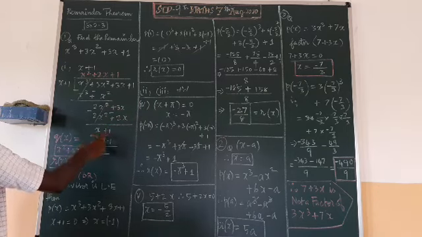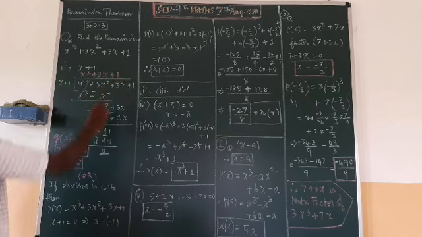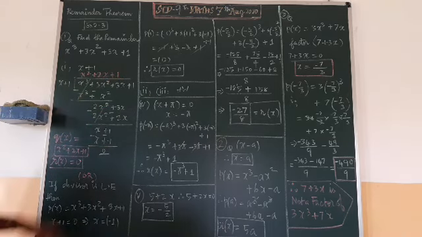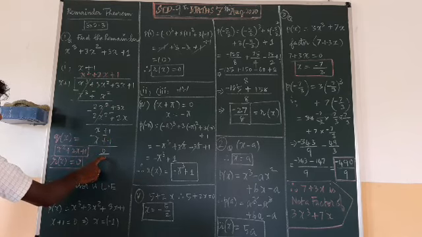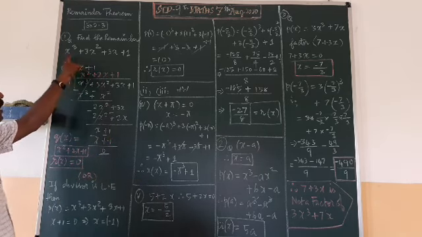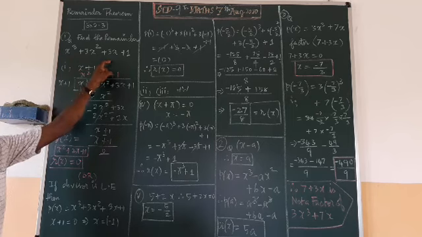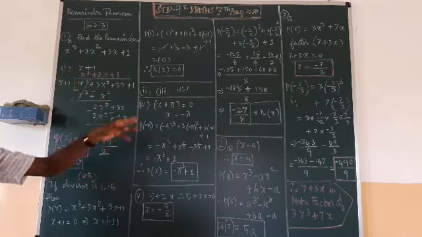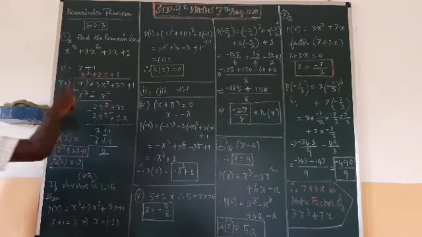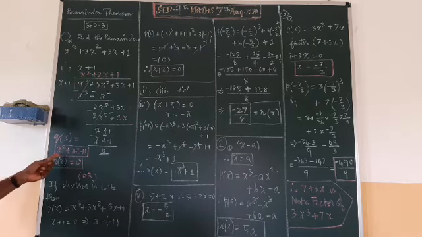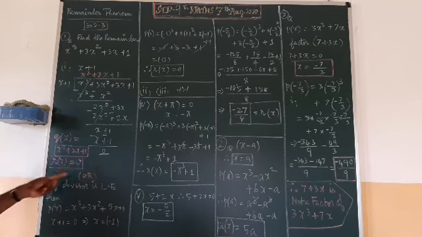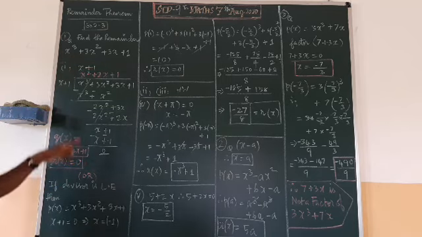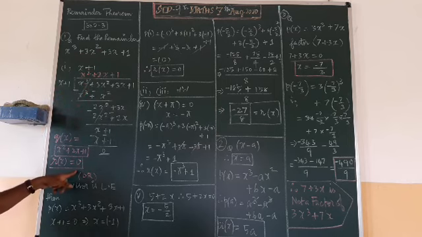Then you see x plus 1, here also x plus 1. So how many times do you have to multiply? Only one time. 1 into x, 1 into 1, 1. So if you subtract, you are getting 0. So when you divide x cube plus 3x square plus 3x plus 1 by x plus 1, a linear polynomial because the degree is 1, you are getting quotient x square plus 2x plus 1. Remainder is 0. They are asking to find the remainder, so when you divide these two, you get remainder 0.